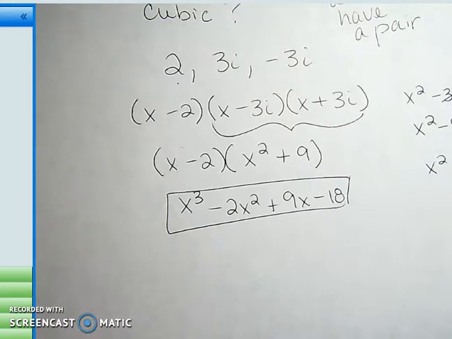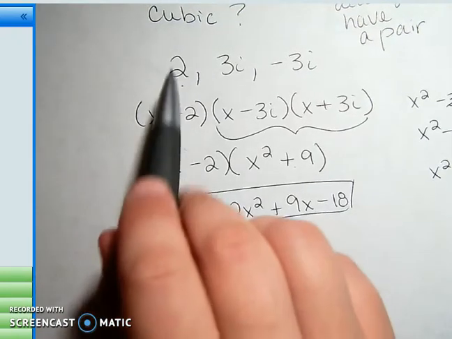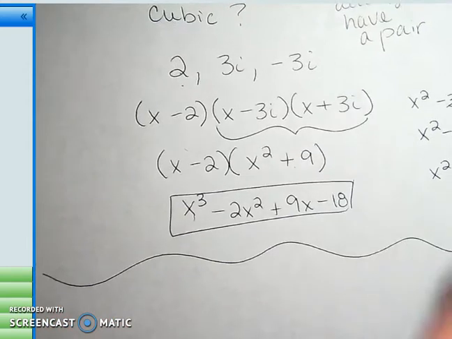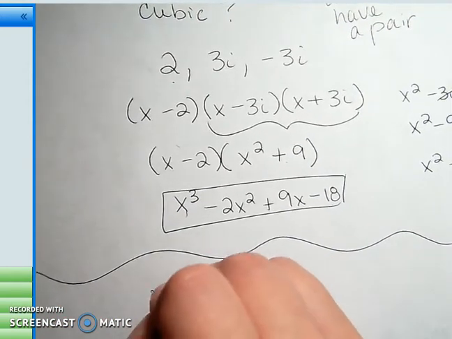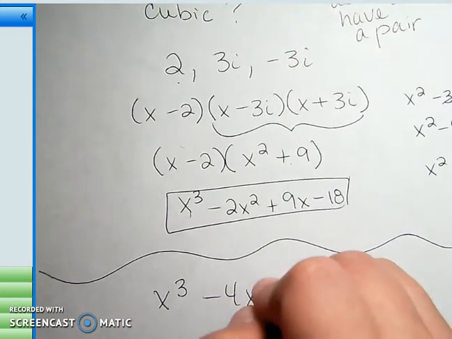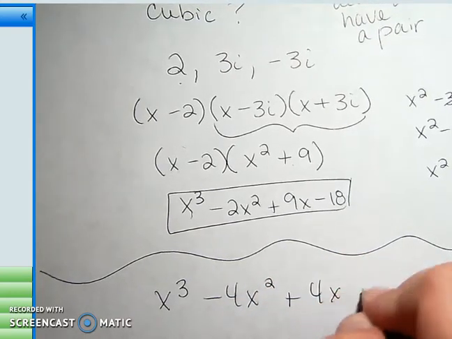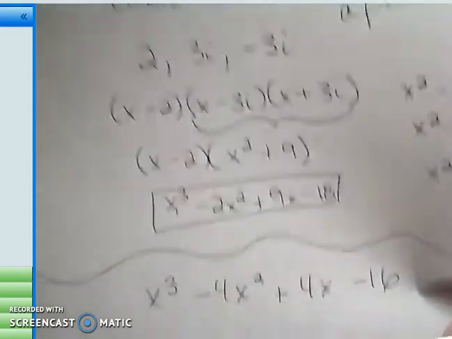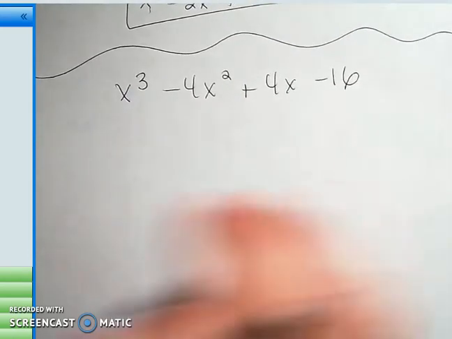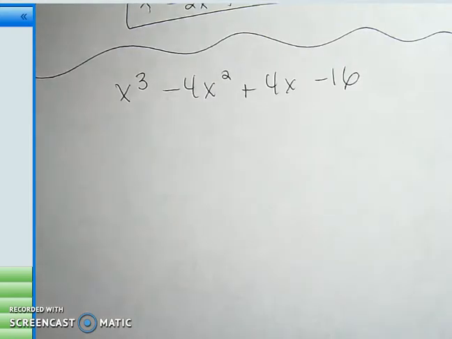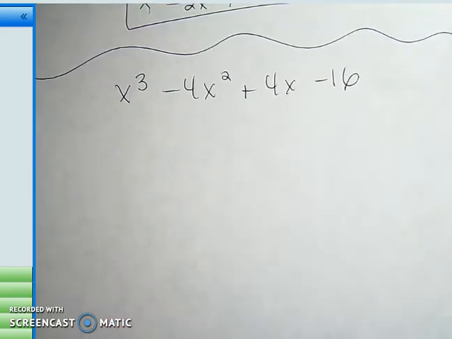You may also be given this polynomial and asked for all the roots of it, which means you're going to work this way. So let's do an example of that. Say you have x to the third minus 4x squared plus 4x minus 16. And you're asked to find all the roots. There's a couple of ways you can go about this. You can first look to see if it factors and makes your life easier. You can type it in y equals and see where it crosses the x-axis and then divide it out. Completely up to you. This one is factorable, so you could factor by grouping, but just in case it wasn't,